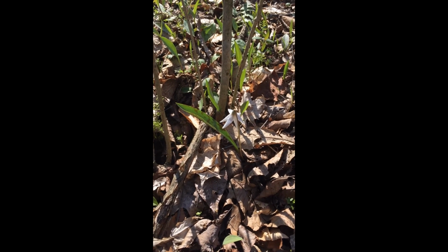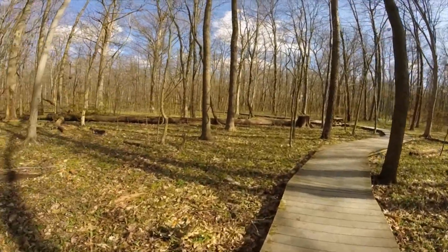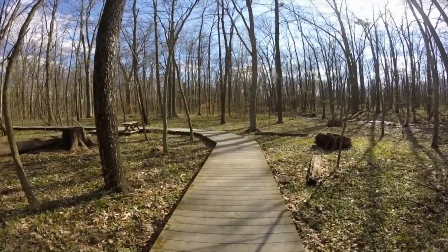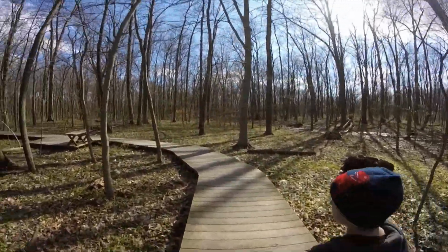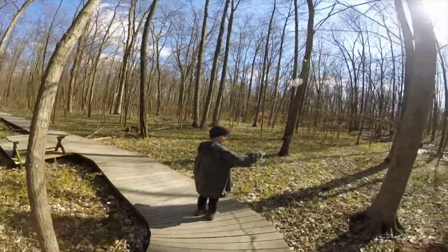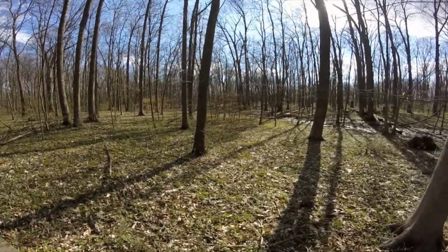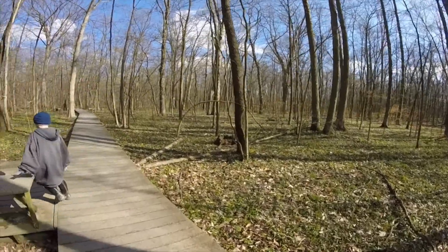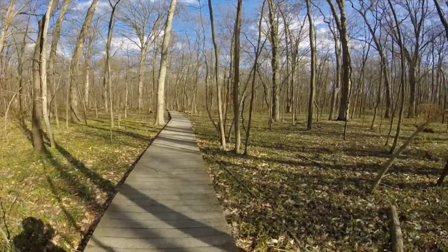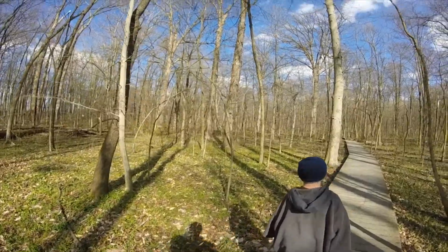Walking along the boardwalk at Lawrence Woods, once again, you can see we've moved into kind of the beech maple component here. Good beech tree ahead. Lower areas once again contain water tolerant species where these vernal pools develop. And this slight elevational change gives us a bit more rich composition of spring ephemerals and hickories, such as the